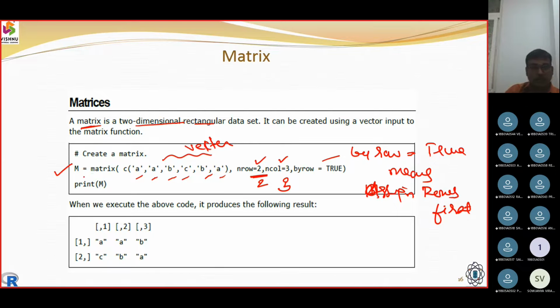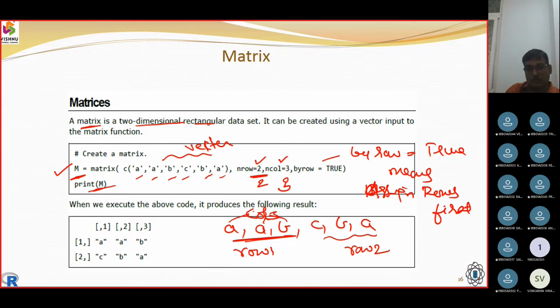So we have the matrix M, and when we print this, the first three items we mentioned, A, B, C, are treated as row 1, and then C, B, A is row 2, and all these items form 3 columns: column 1, column 2, and column 3.